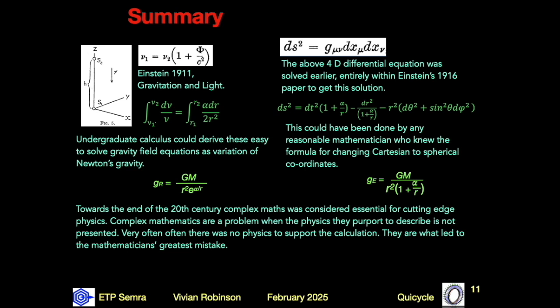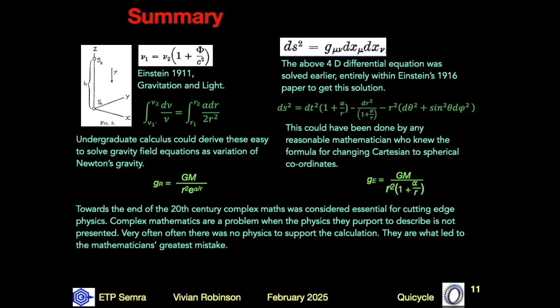In the 19th century and earlier, classical mechanics worked well. The mathematics was relatively easy to follow. That changed early in the 20th century. The maths became a lot more complex. However, it need not have been. The apparently complex maths of Einstein's gravity field equations could have been easily solved by alert mathematicians.